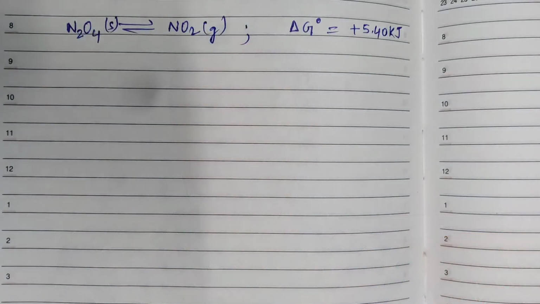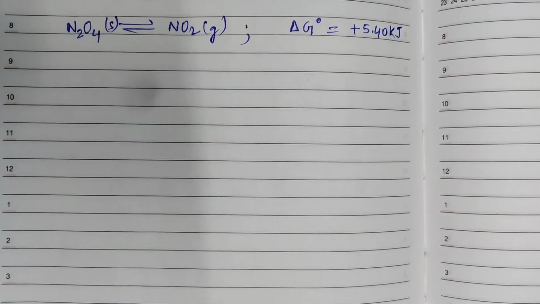But in a reversible reaction, both the forward and backward reactions are happening spontaneously. So how is that possible? That was a doubt question. So in this video, I'm going to explain using an example how this is happening. In this class, I'm going to give you the explanation using an example.